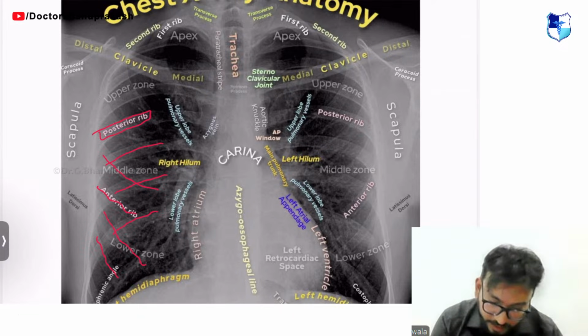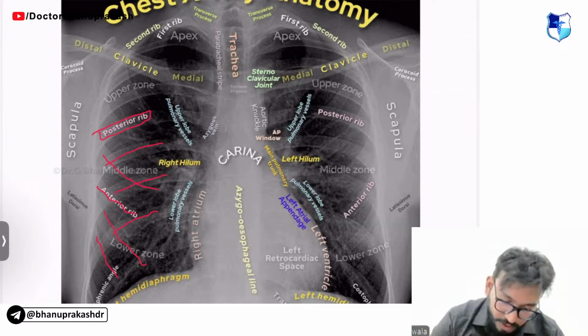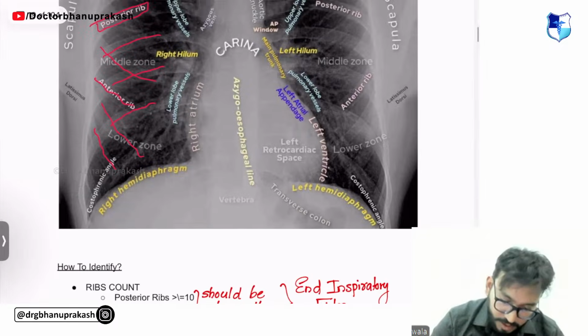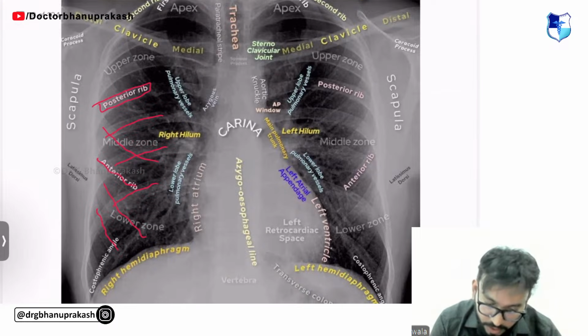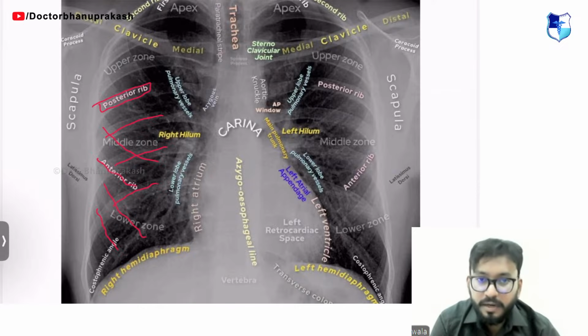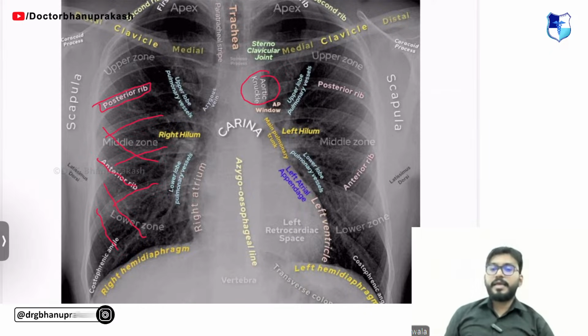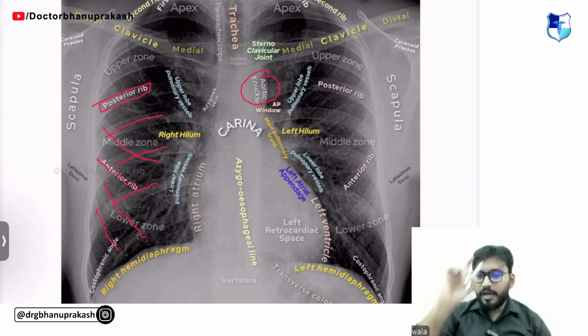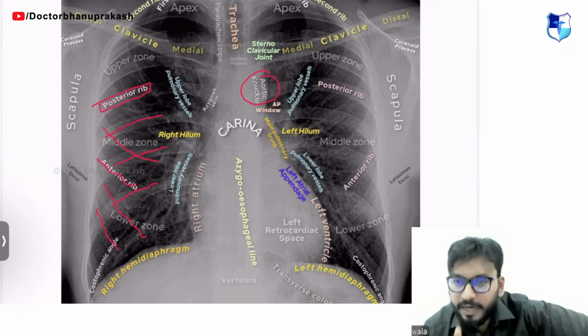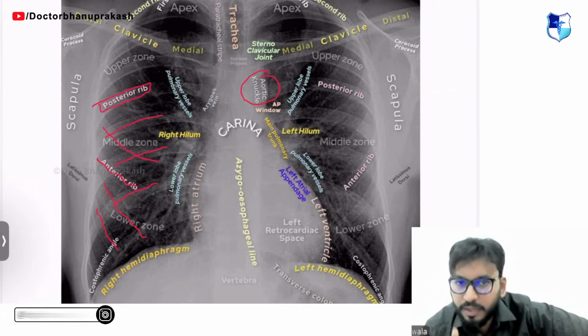Right. So you need to know about the heart borders also, guys. Look at this. The left heart border. The first structure making up the left heart border is the aortic knuckle. It is very important, guys. This anatomy will help you solve a lot of questions and understand a lot of concepts. Please pay attention. The left heart border starts with your aortic knuckle.